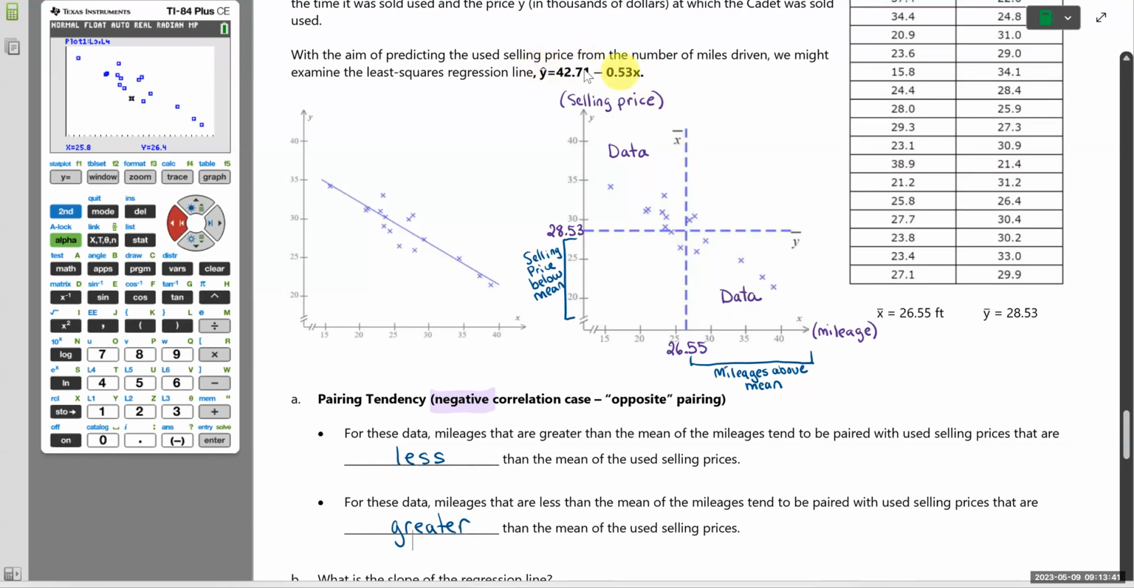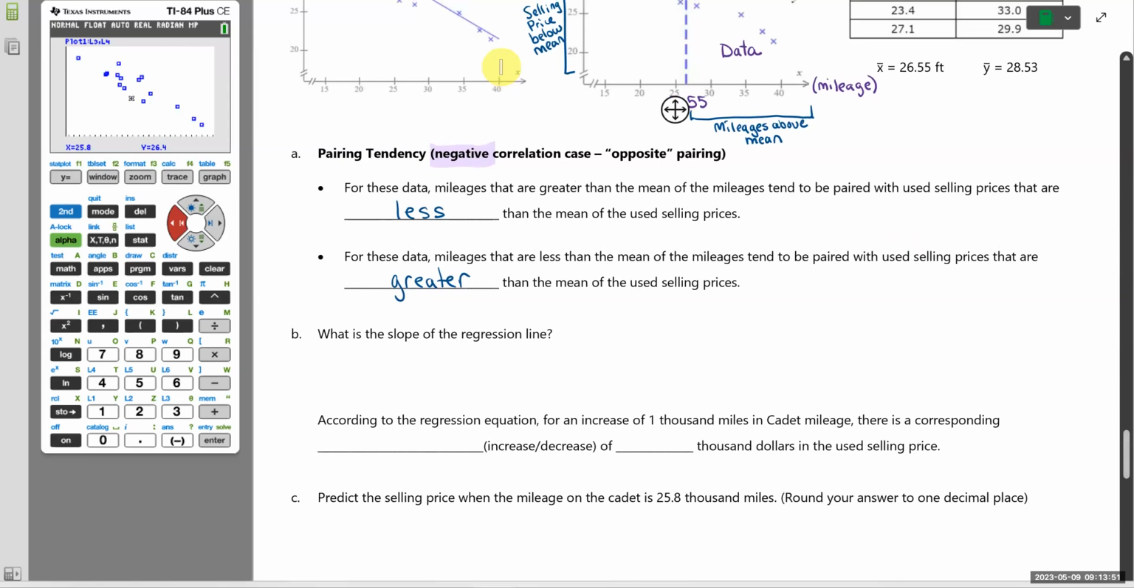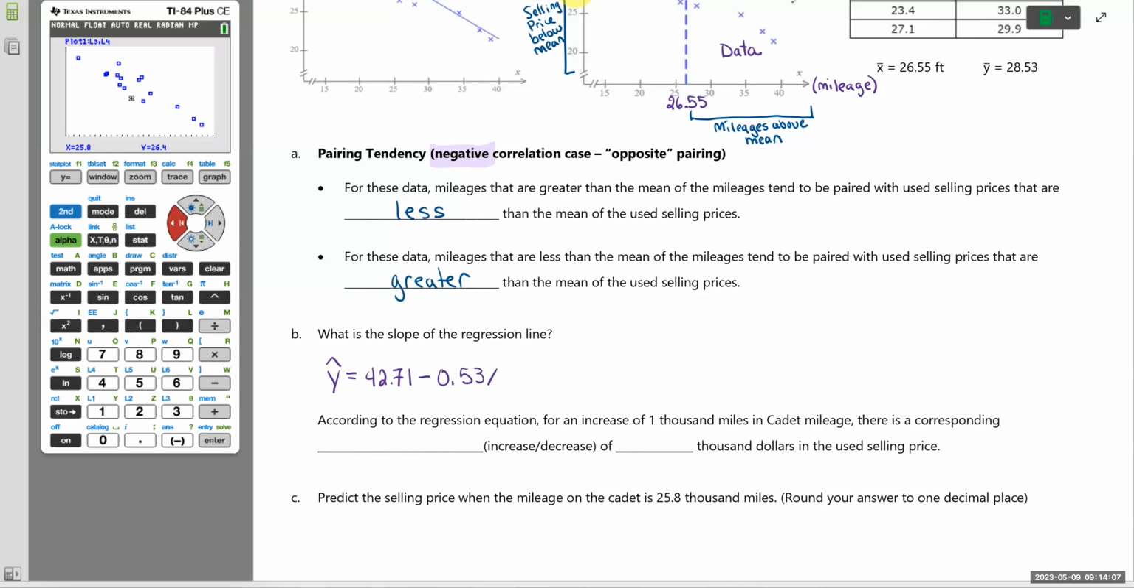So I'm going to rewrite this here so we don't have to keep scrolling back up. So it's y hat equals 42.71. Just come down here. So y hat is 42.71 minus 0.53 times x. All right. So the slope of that line,